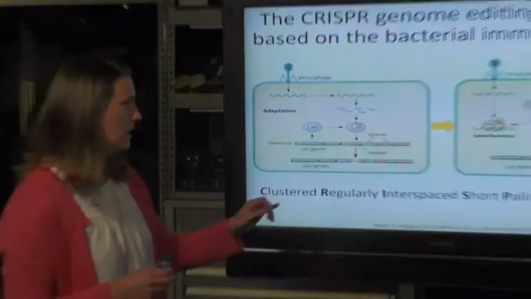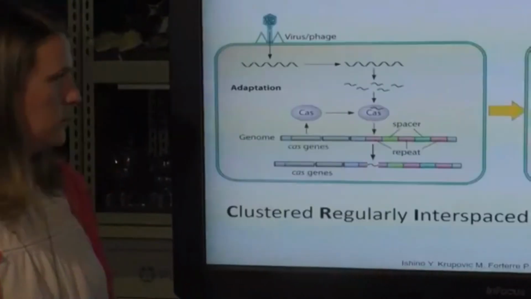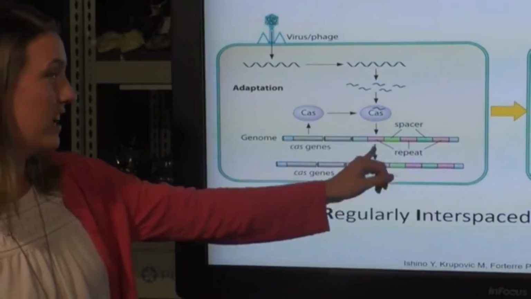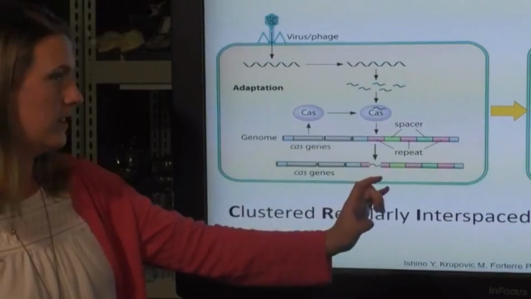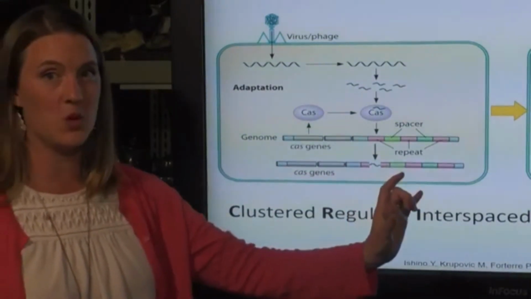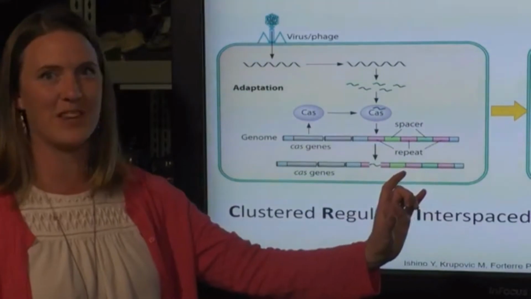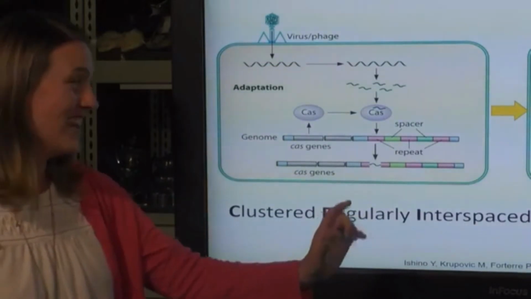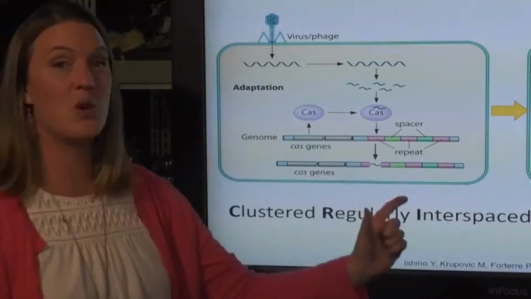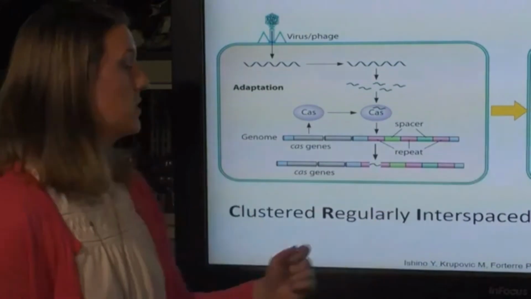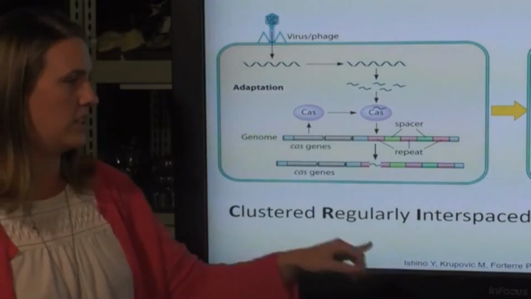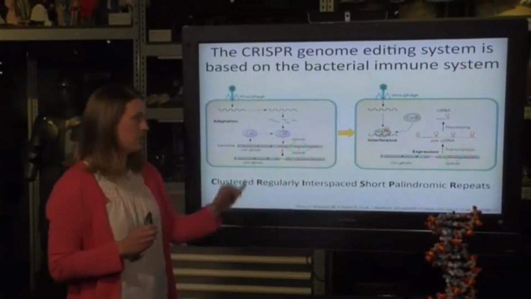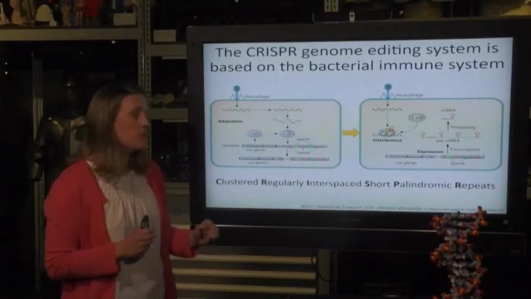Sorry. What they noticed was that there is this sequence that is short. It's palindromic, right? A palindrome is the same forward and backwards, like race car or my favorite, taco cat. It's the best palindrome. So it was short, it's palindromic, and it repeated multiple times. So they called this clustered, regularly interspaced, short palindromic repeats. When they were just analyzing the genome of the bacteria, they discovered these repeats.